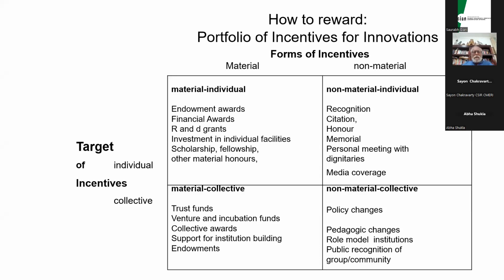So therefore, non-material individual should be paid attention to more than what you have paid today. Material collective is good because the teams are getting recognized, not just individual. So that is understandable. But I would like you to work a little more on non-material individual and non-material collective. Thank you. We will go to the next, and I'll just show you one small film,